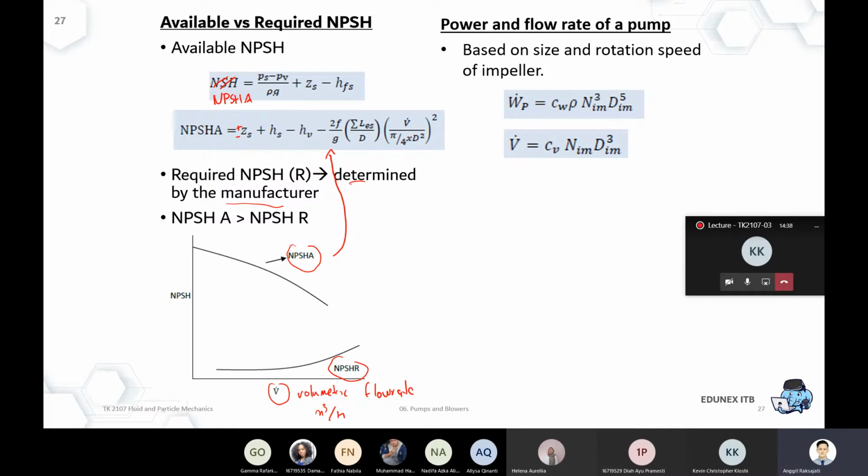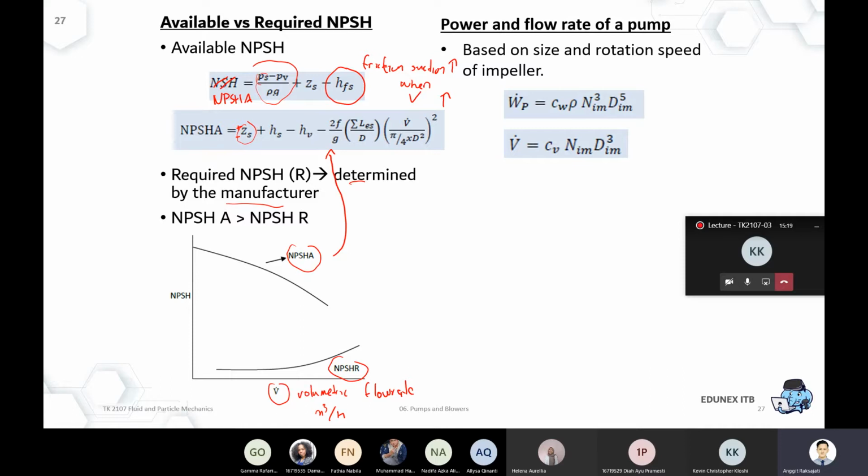When the volumetric flow rate increases, there will be no effect on the elevation. It remains constant. And then how will it affect, for example, the vapor pressure? It will not affect the vapor pressure. If we're talking about the same fluid, the same water, the vapor pressure will remain the same. The suction pressure is likely to be slightly different. But the main difference would be in the head of the friction in the suction part. That friction will increase when the volumetric flow rate increases.